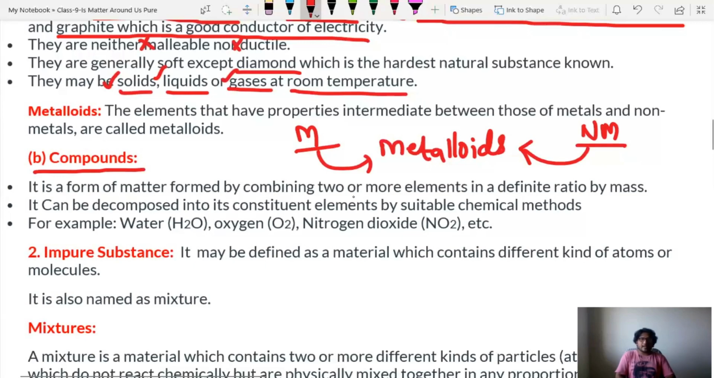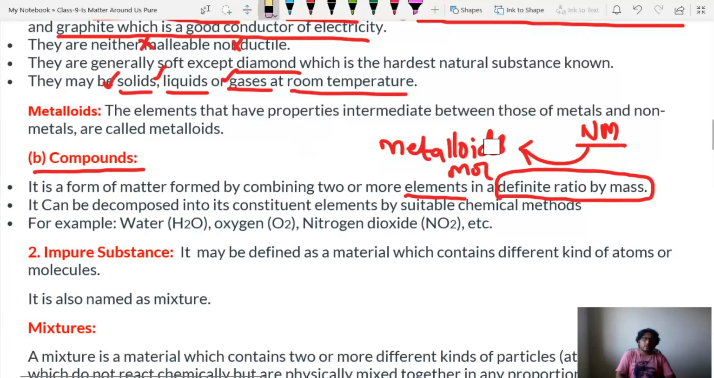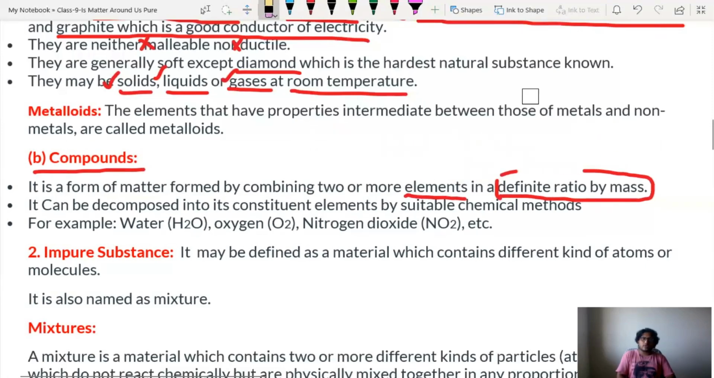Compound is formed by combining two or more elements or molecules by definite ratio of the mass. What is the meaning of the definite ratio by mass? Let us consider H2O. What is H2O? It is water molecule. Now, if you observe that H2O, we have two hydrogens and one oxygen. Because it is H2O, we can say two hydrogens and one oxygen, and water is formed